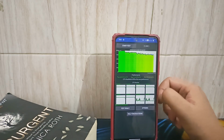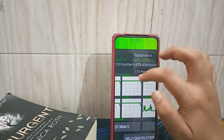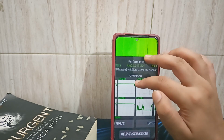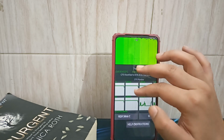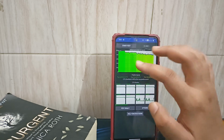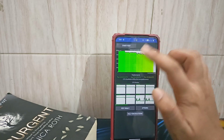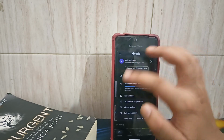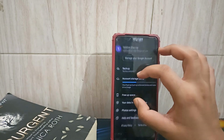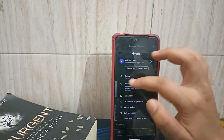Now in the CPU stress test, you can see here, the CPU throttled to 83% of its maximum performance with 1,51,000 of average GIPS. So you can judge the performance. This is a 20 thread and 15-minute test. So there's that. And in the aspect of unlimited storage, you get the Google Pixel unlimited storage in the Google